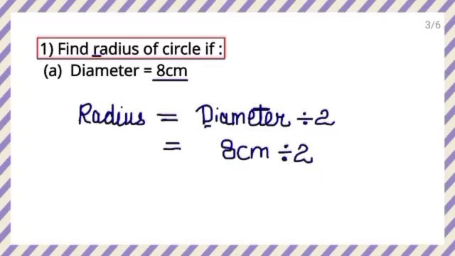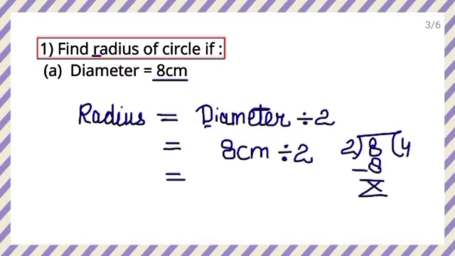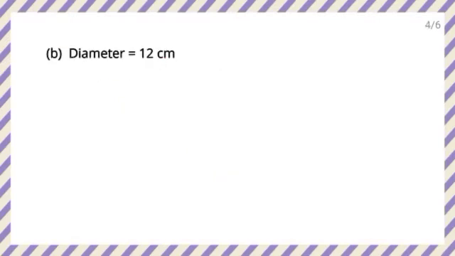So when you divide 8 centimeter by 2, 2 4s are 8, right? So what are you getting? 4 centimeter. So this is the radius. Again they are asking for the radius, and we have here the diameter. So use the formula radius